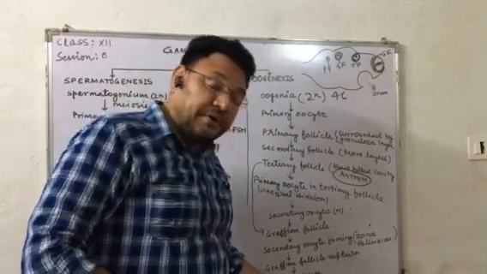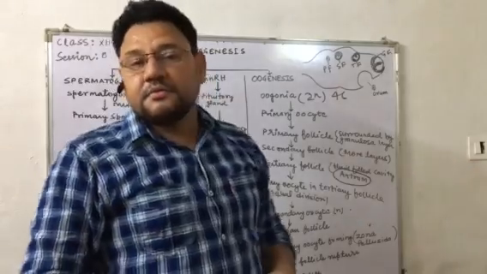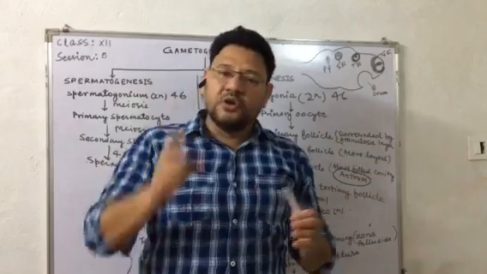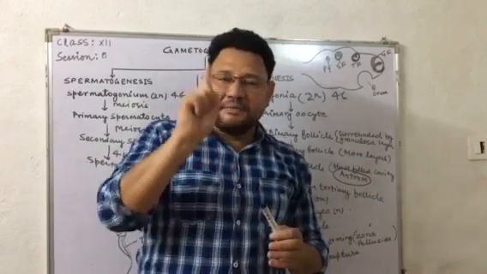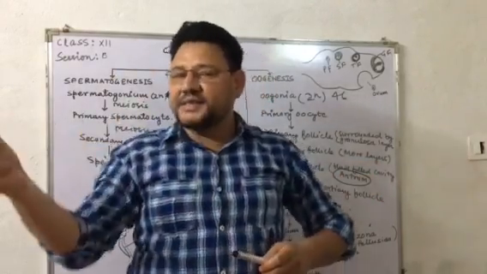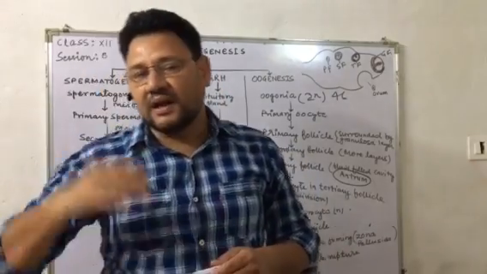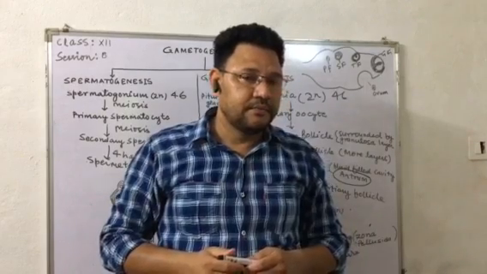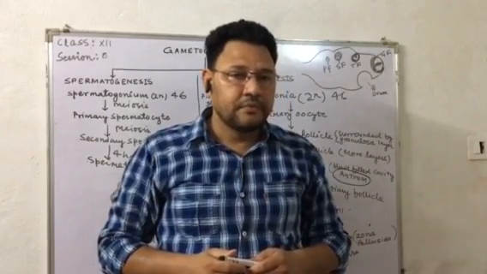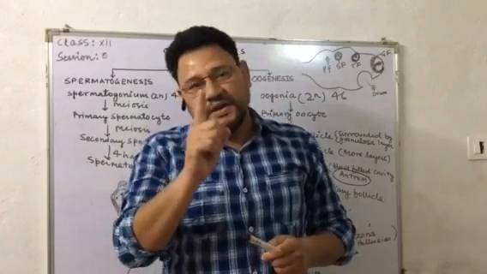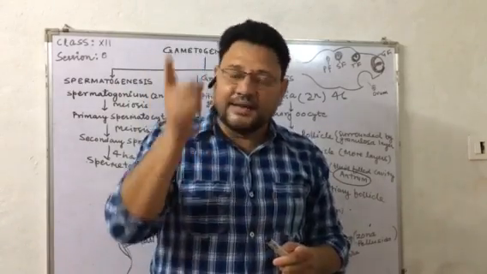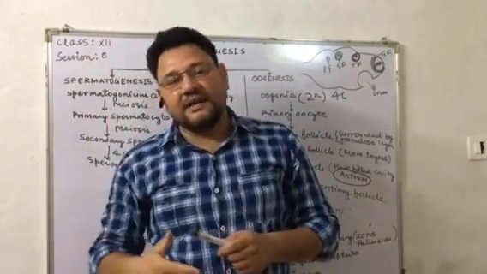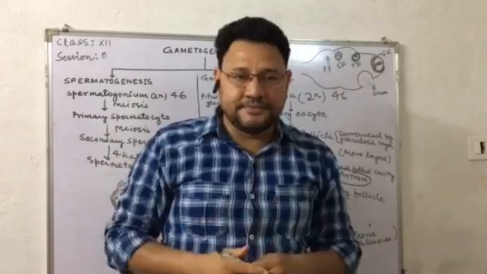It is to be noted that ovaries are two, left and right. So if the left ovary has given one ovum, then the next ovum will be released by the right ovary, not by the left ovary. Okay? Both ovaries cannot provide an egg at the same time. First, if left has provided, then next time right will provide, like that.